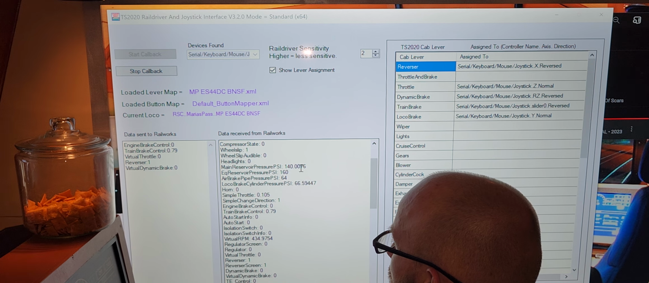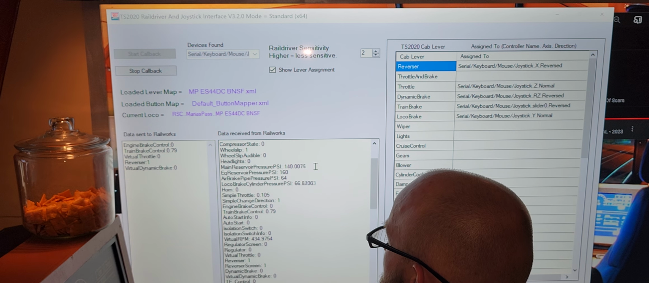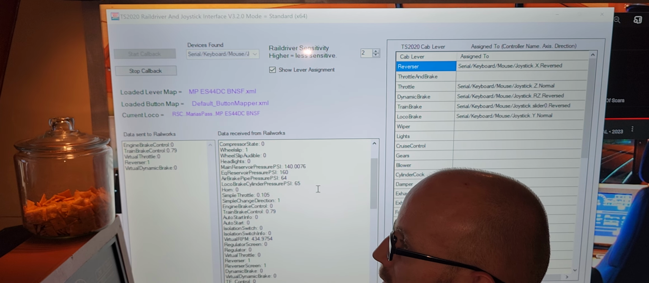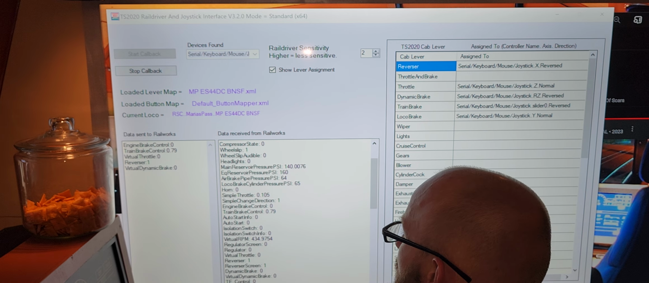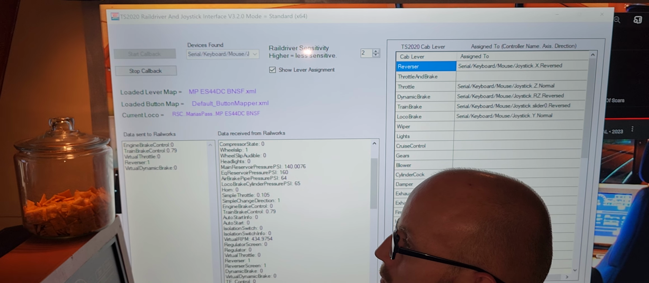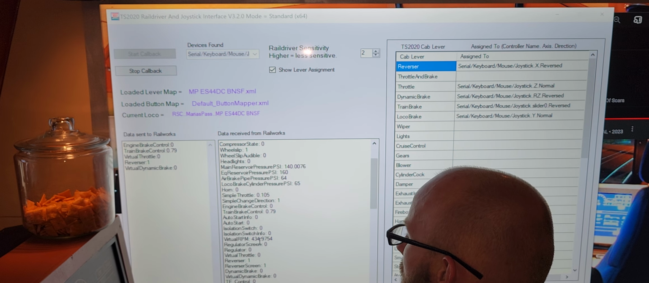Main reservoir pressure is 140.76, which that's good there. We're at 66 on the BC, which is perfectly fine. 65. So that's fully set up at 65, which will drop down to 64 and be fully applied. It does take a little bit of a while for it to do that, but